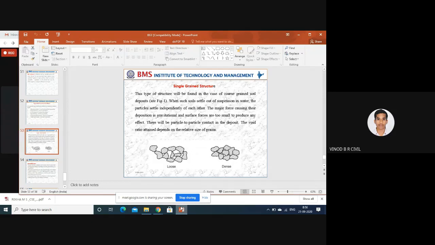You can see first one, in a dense form. First one, dense form, the diagram you can see, there is a sand particle, okay, but the clay and silt content is only 1 or 2%. It is in close contact with the parent soil, parent deposit, okay. You can't expect any voids. And in the second one you can see the loosened state. In a loosened state also you can see small voids.